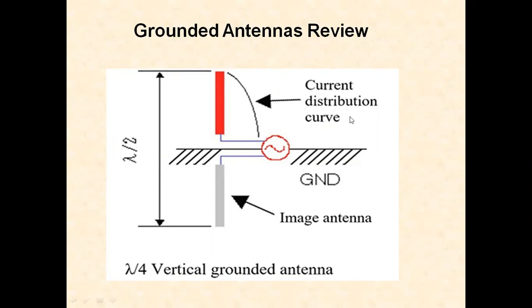If the antenna is grounded, see here, this is an antenna. When it is grounded, the earth acts as a mirror and becomes part of the radiating system. So we will be getting a mirror antenna here. A grounded quarter wave vertical radiator of length lambda by 4, there is a mirror antenna existing whose length is also lambda by 4 and the overall length becomes lambda by 2. Effective length increases. So this lambda by 4 vertical grounded antenna, we also call it the Marconi antenna.